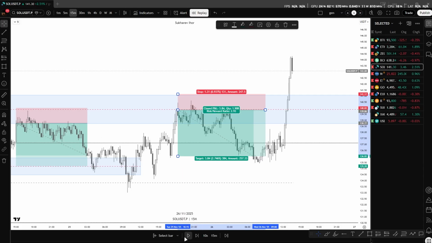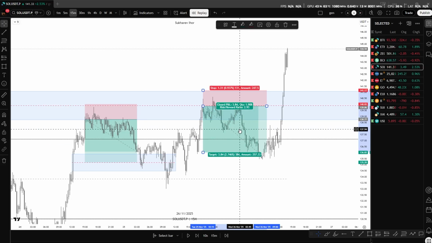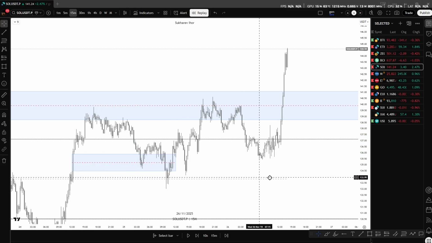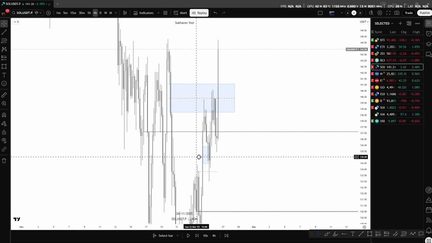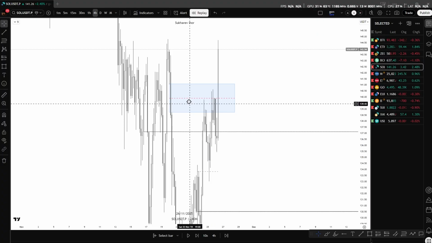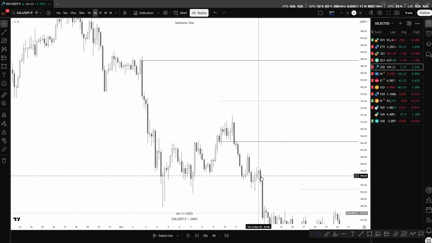And let's see how it turns out. Okay, so in case you would go for a smaller take profit, you would have gotten this trade. In case you're going for something bigger, unfortunately not. Let's go back to 4 hour. Let's clean this. And let's go somewhere back in time. I want to show you maybe some clean